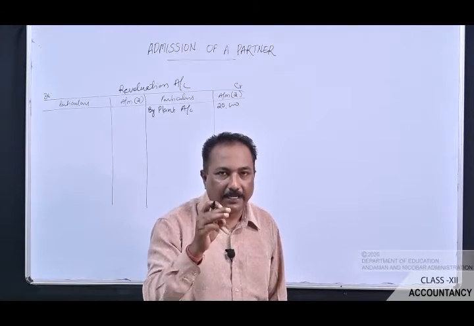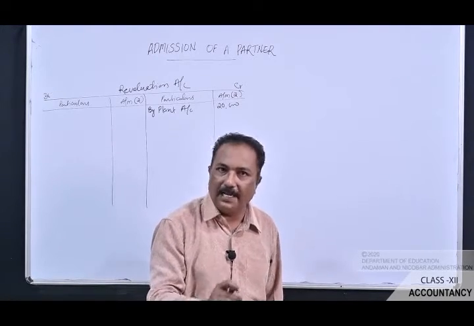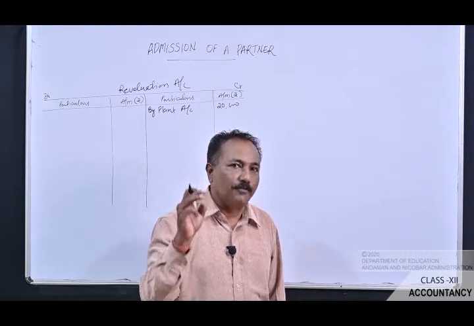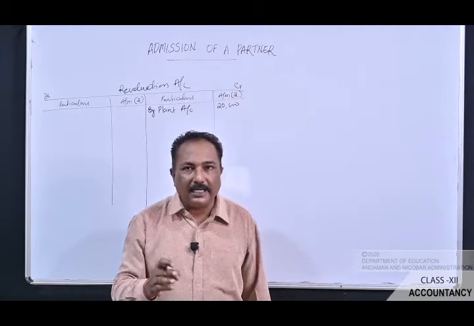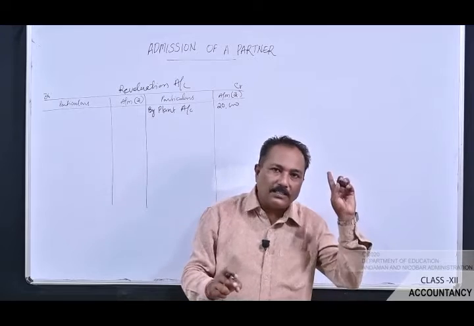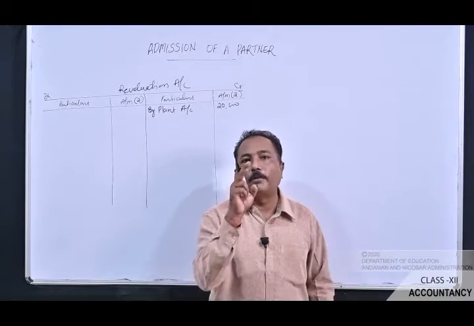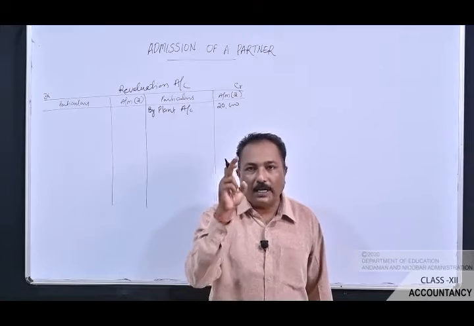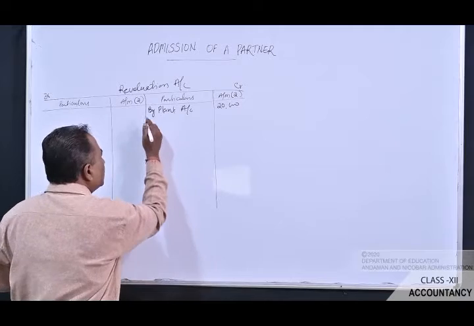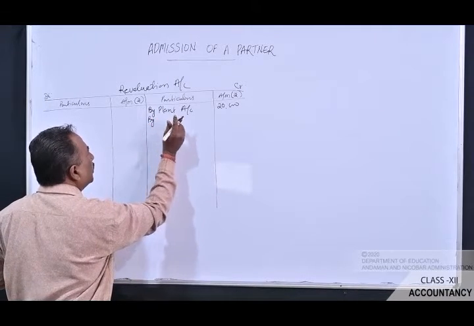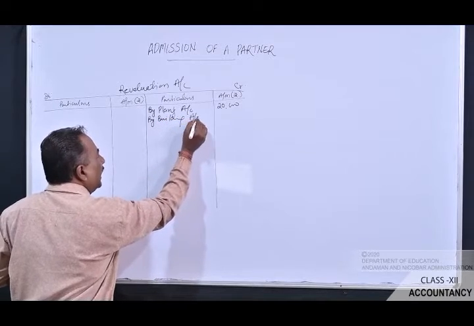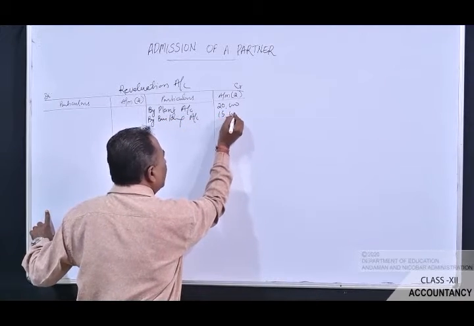The next item given in the same point is the building. The value of the building has increased by rupees 15,000, because it is very clearly said that the value of the building is appreciated by 10%. See what is the old value given in the old balance sheet? It is rupees 1,50,000. So what is 10% of 1,50,000? It is 15,000 rupees. So the value of building has also increased, so that has also to be recorded on the credit side. So write down here as by building account, and the amount here will be rupees 15,000.